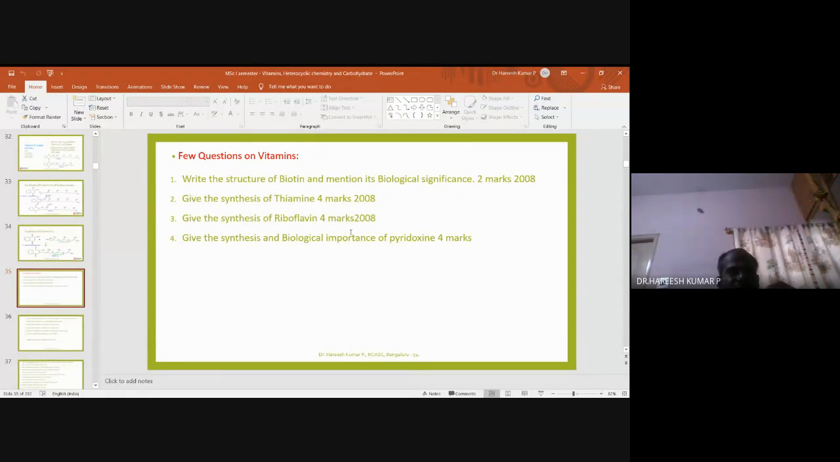Synthesis means you have to write the structures or the scheme. If you are explaining in terms of words, you may get fewer marks. That's my feeling. So if asked to give the synthesis of thiamine, you have to write the structures and mention the scheme. If you are not able to do that and write in terms of words, you may get fewer marks compared to the